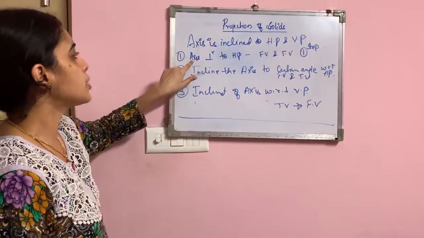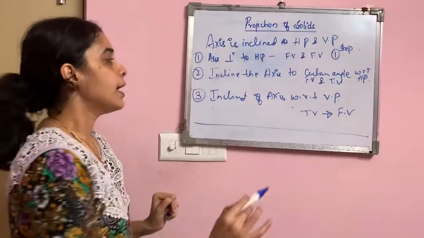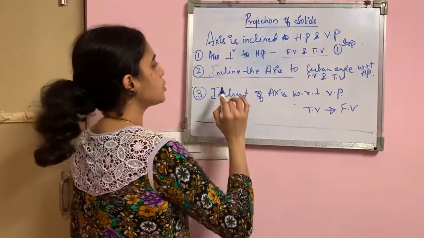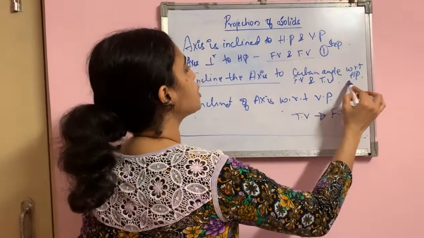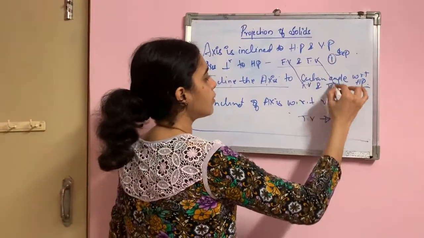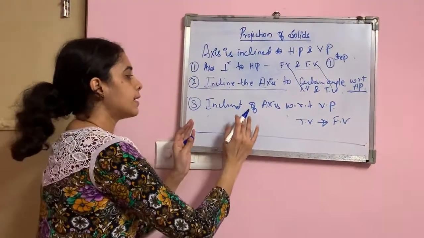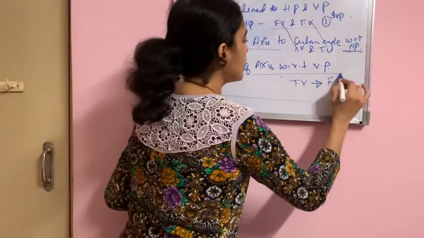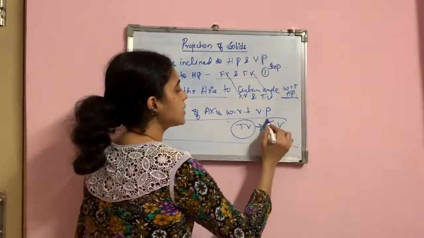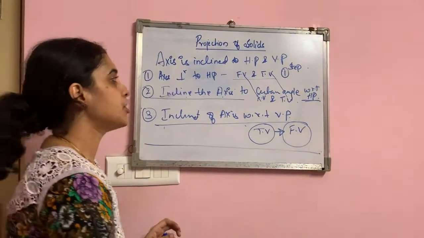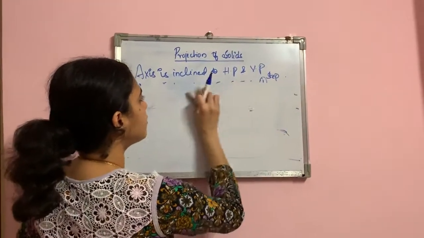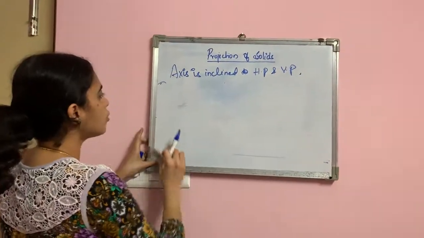In the first step, we assume the axis is perpendicular to HP. We will draw the top and the front view. And in the second stage, we always assume the axis is inclined to HP. Some angle will be given in the problem. So based on that, again you trace out the front view and the top view. And in the last stage, you always take the inclination of the axis with respect to VP. In that case, we will draw the top view first and then the front view. I will just show a rough sketch of how it looks. I am not drawing anything with respect to dimensions, just to figure out how it looks.